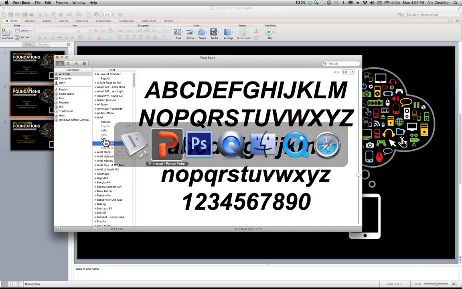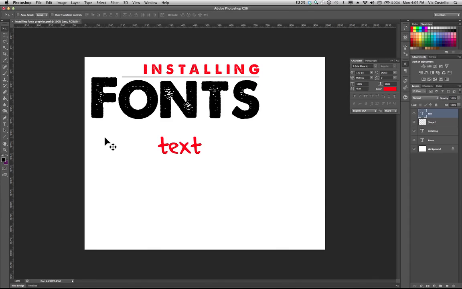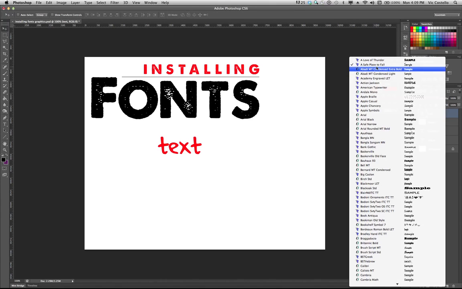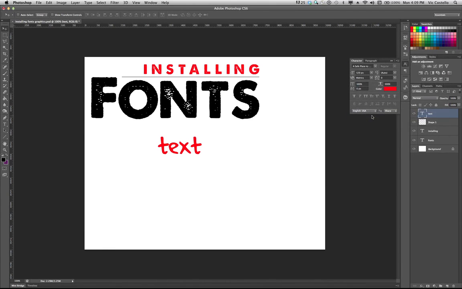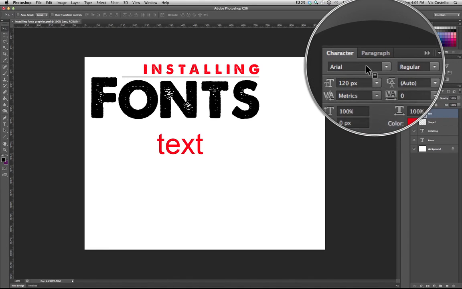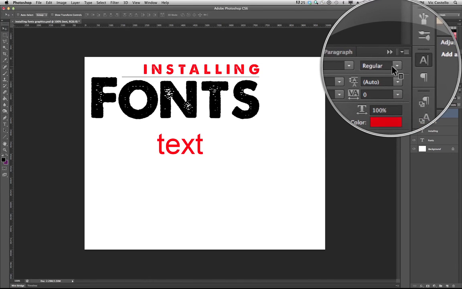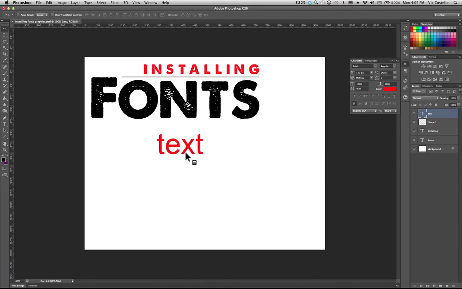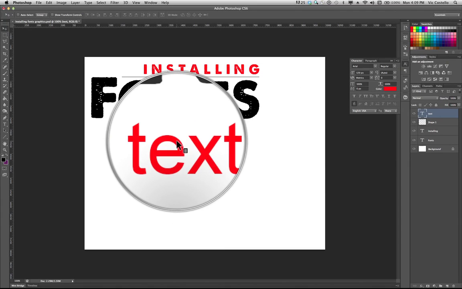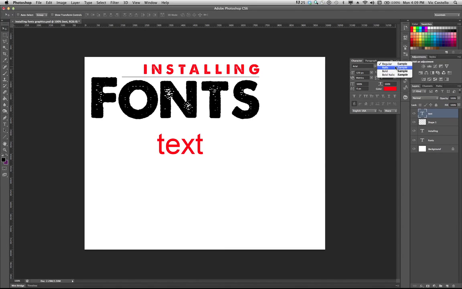In Photoshop, these font styles are available to me. We'll select this layer of text as we did in the last tutorial. I'll choose my font family drop-down window and choose the Arial font. And then next to my font family window, I have the option of choosing the font style. Right now, regular is selected, and that selection is visible down here in my document window. I can go to my font style menu and I can choose those four styles that we saw a minute ago in FontBook. I can choose italicized font,